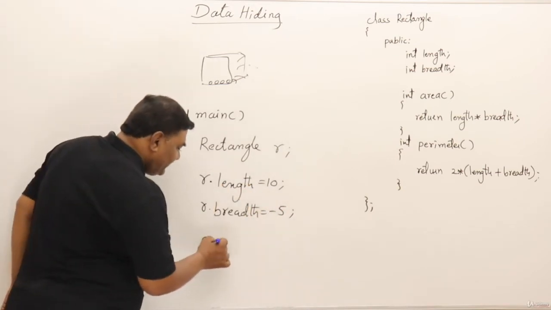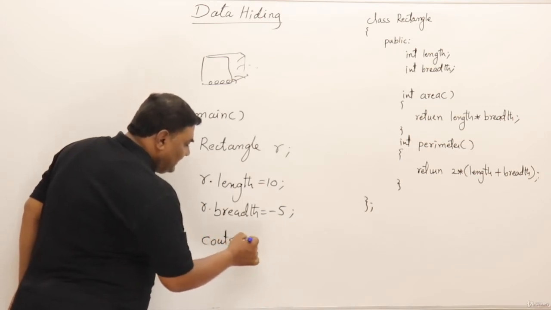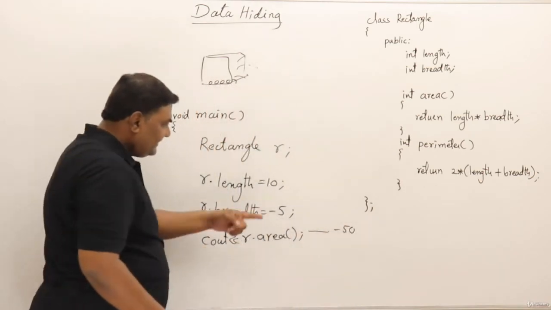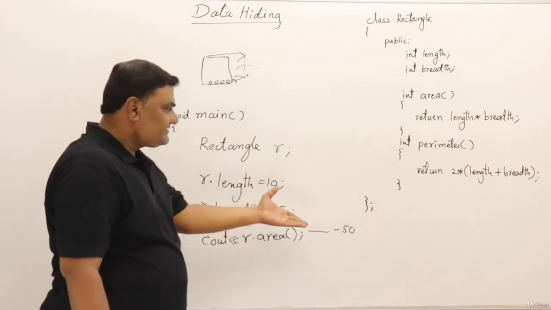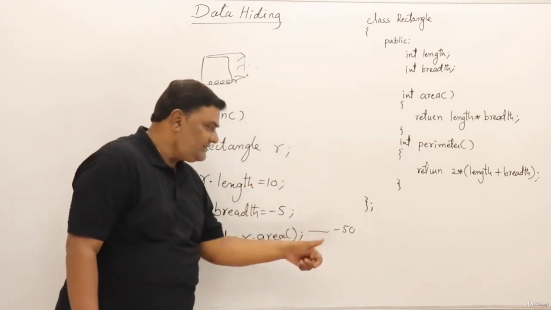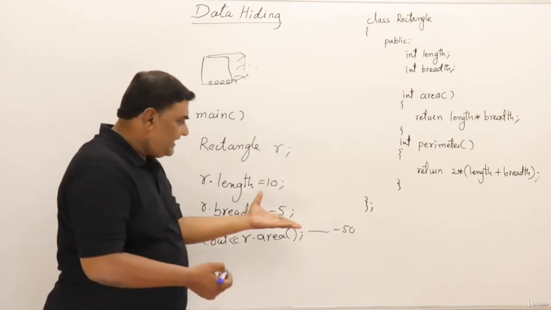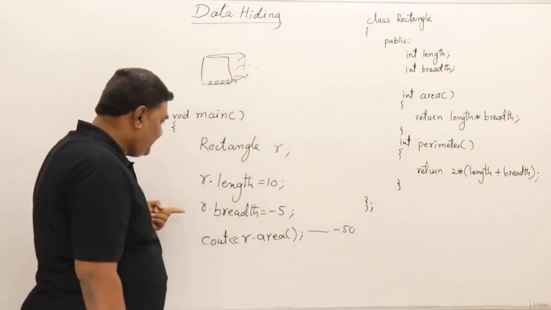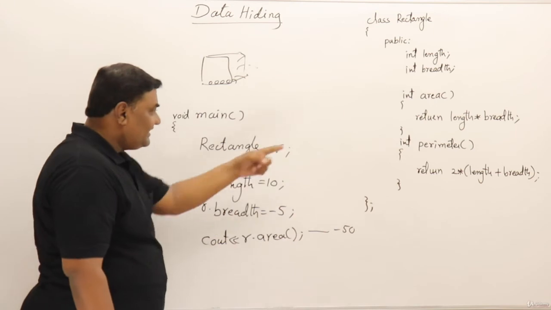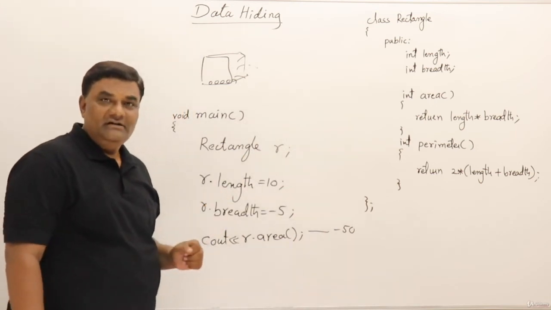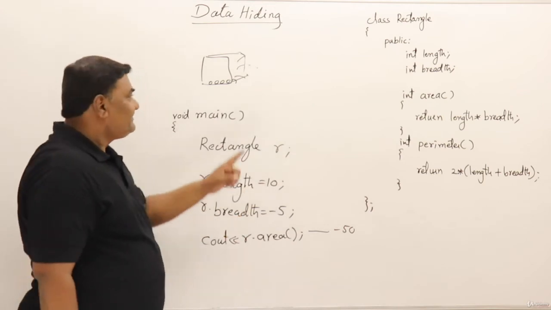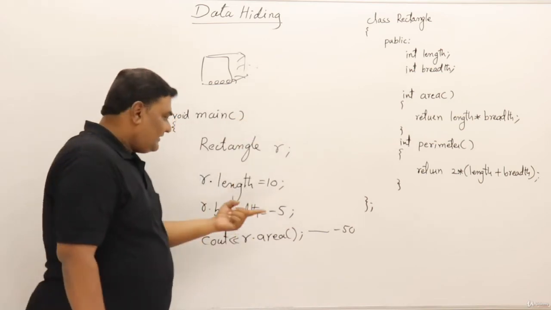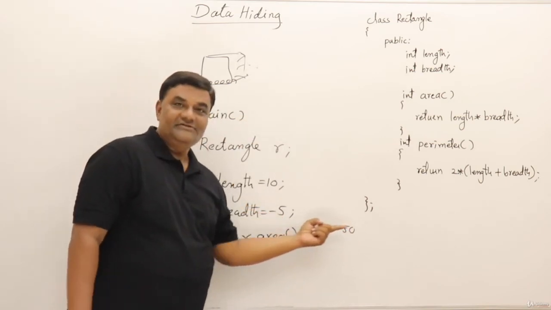Now, I will say cout r dot area. What is the output? -50. Area cannot be negative. Yes, definitely area cannot be negative. I am getting area as negative because the breadth I have given is negative. So I am mishandling the things. The things are going wrong, you see. Because you have kept this public and you are allowing me to access it, I can say that your class is wrong, your class is not perfect. It's giving negative area. Same thing, you connected wrong wires and you are saying that the television is bad. I have connected the wrong wire and I am saying that the television is bad.